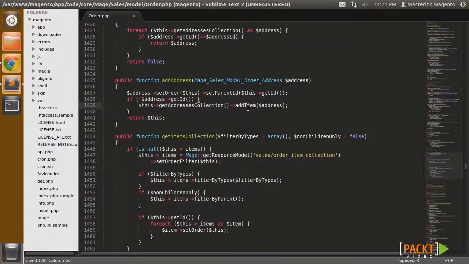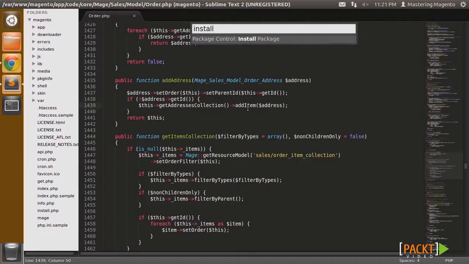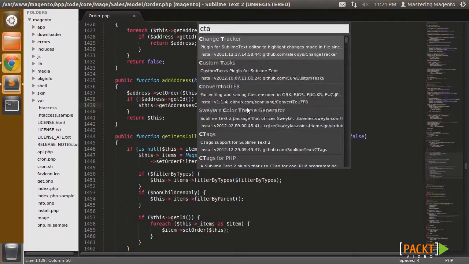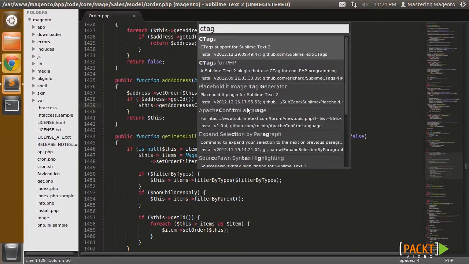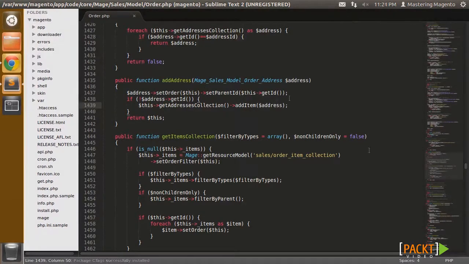Once you have Sublime Package Control installed, you can access it by pressing Ctrl, Shift, and P at the same time in Sublime. This brings up your menu. Through here, you can install a variety of packages. One of the most useful packages I find when developing Magento is the ctags plugin. The ctags plugin indexes all of your class definitions and function definitions so that you can easily jump to them